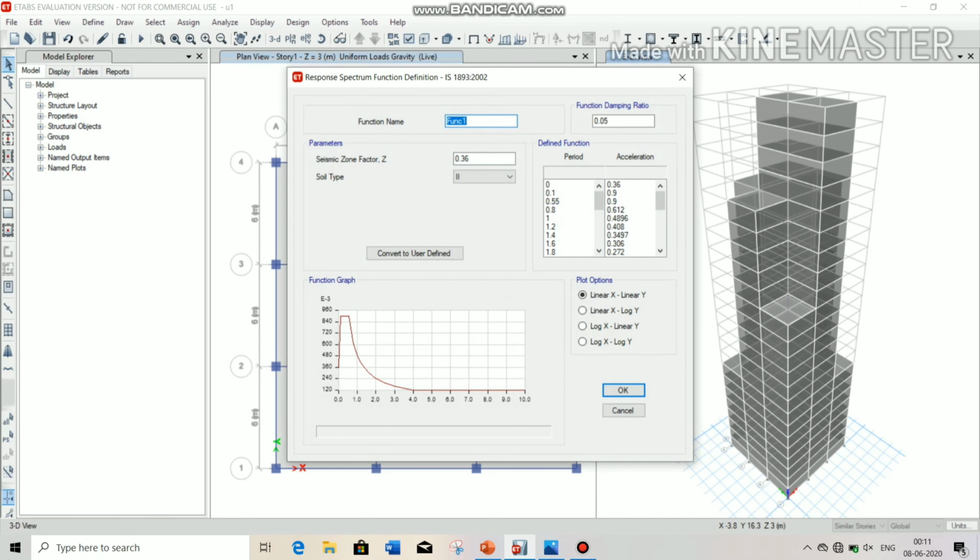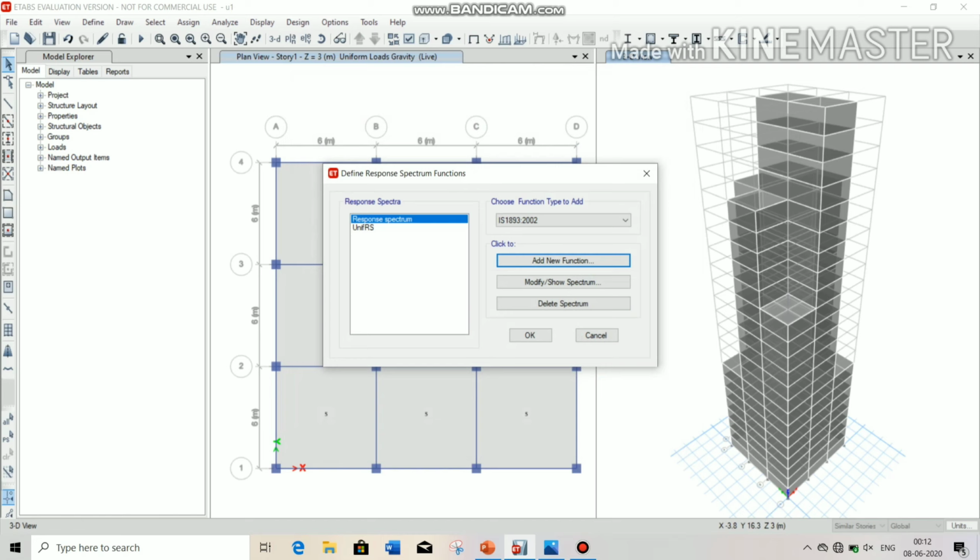Give the function name, which is response spectrum. Give the zone factor value, which is 0.1, and soil type is 2. Now click on OK, and then click on OK again.